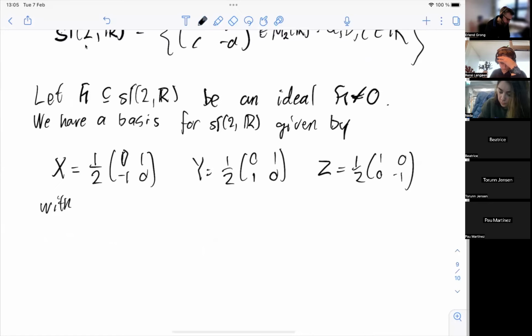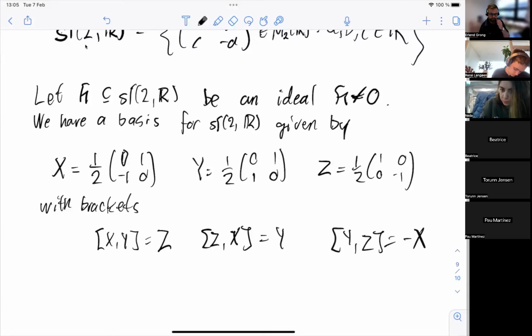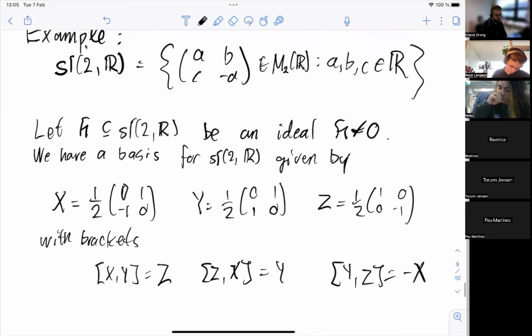And these have brackets [X, Y] is equal to Z, [X, Z] is equal to Y, and [Y, Z] is equal to minus X. So we see here that